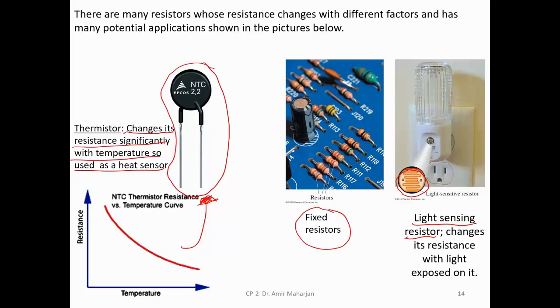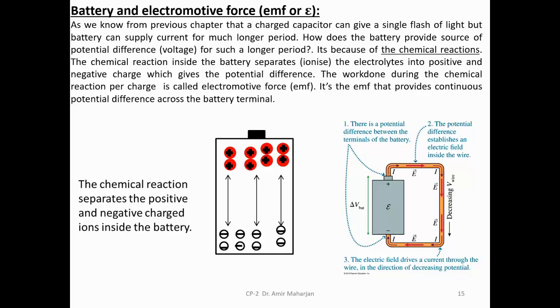Its resistance changes with the amount of light falling on it. So that's why it can be used as a light sensor. So these are all different types of resistance examples. So next is